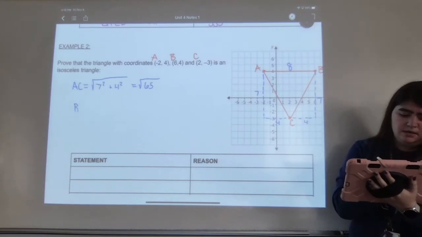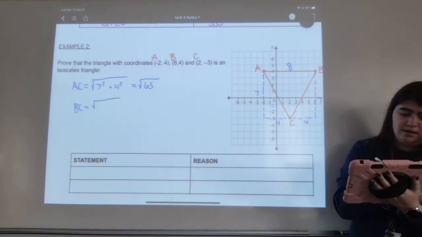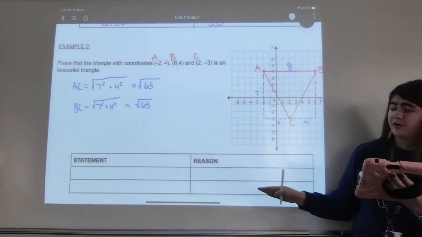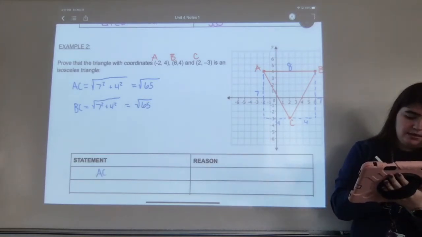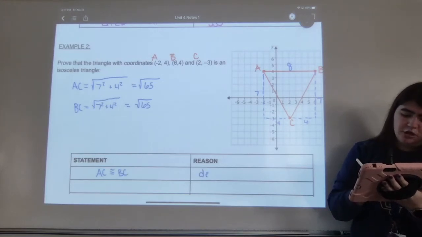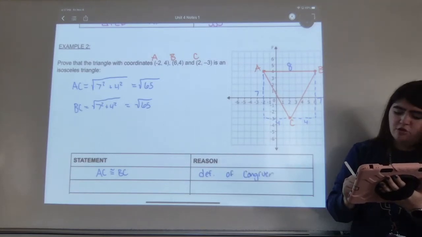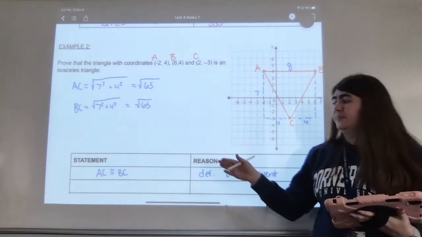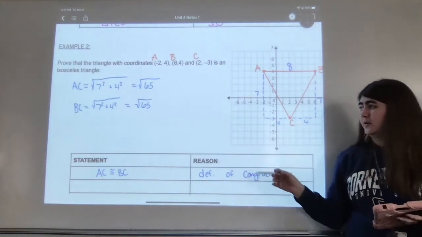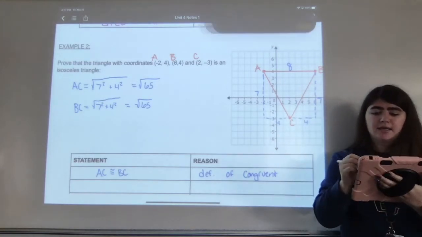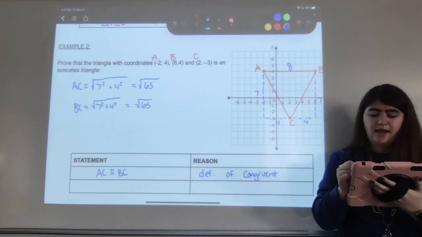So BC is equal to the square root of, again, 7 squared plus 4 squared, which is equal to the square root of 65, which means, and this is going in my first line, that AC is congruent to BC by the definition of congruent, because they're the same shape and same size. That numeric length tells us that. Because we have now shown that we have 2 congruent sides of the triangle, I can then say in my last line of this